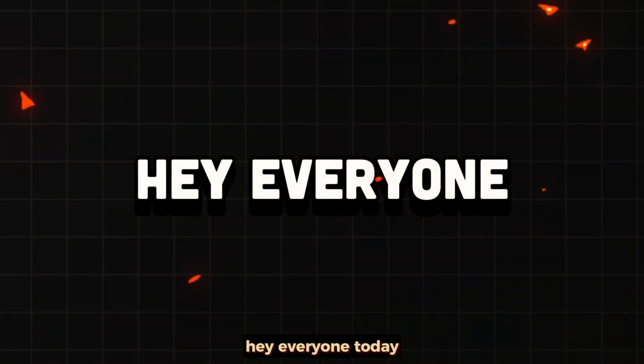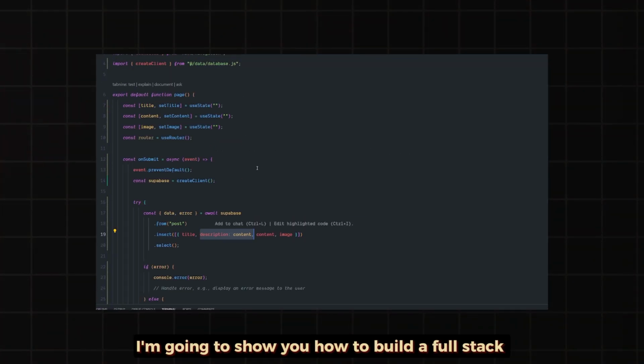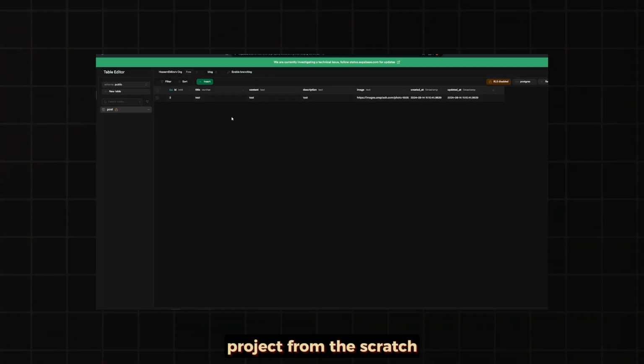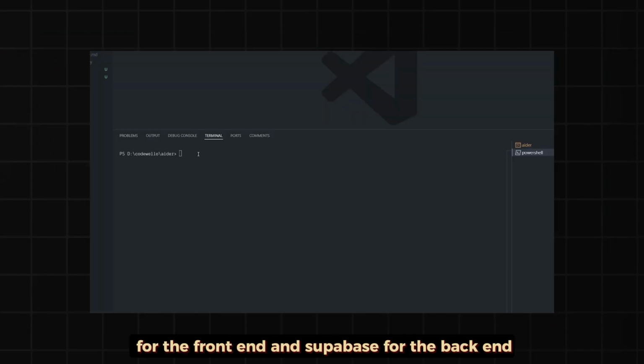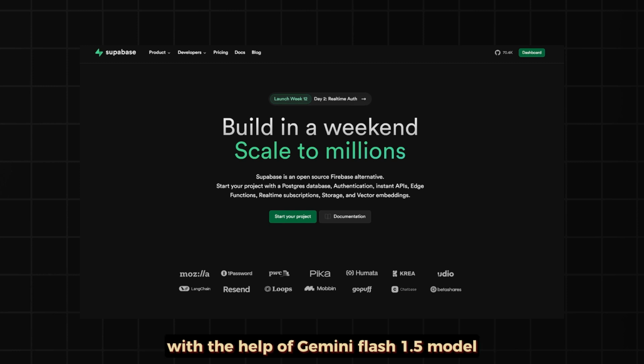Hey everyone, today I'm going to show you how to build a full stack project from scratch using a powerful tool called Aider. We will be using Next.js for the front end and Supabase for the back end, with the help of Gemini